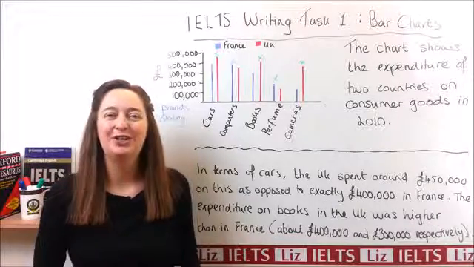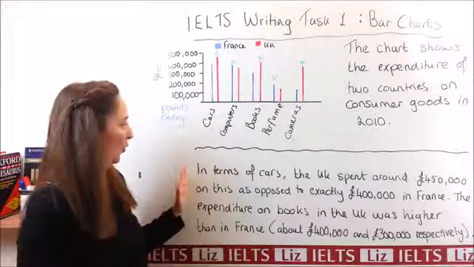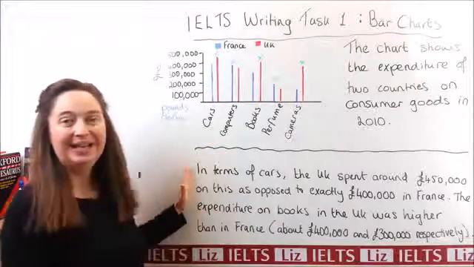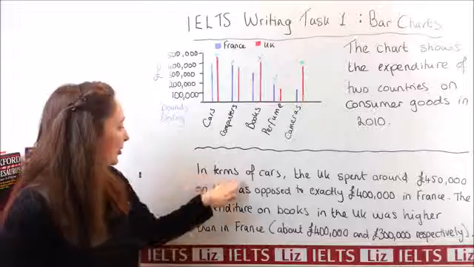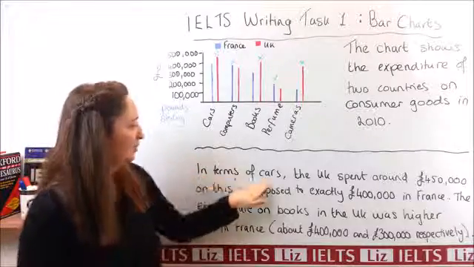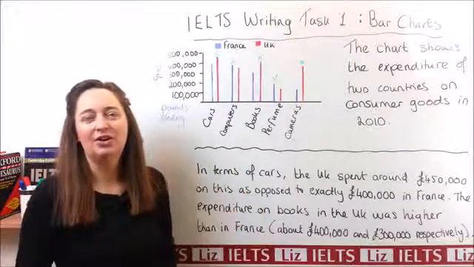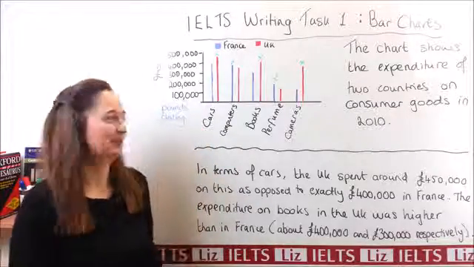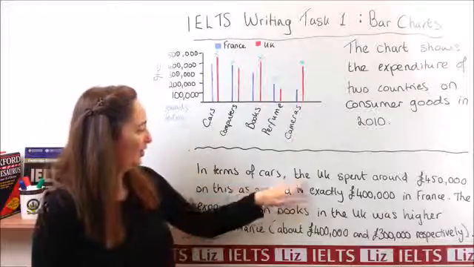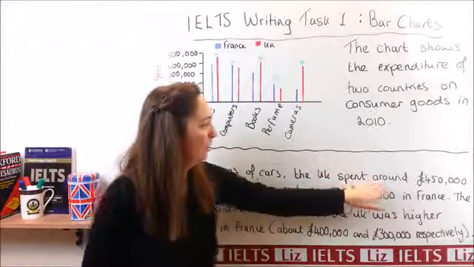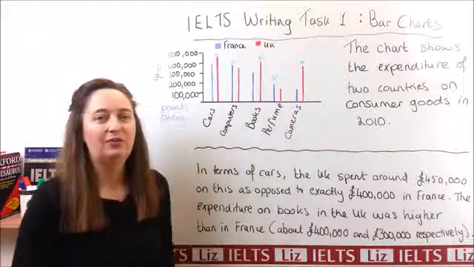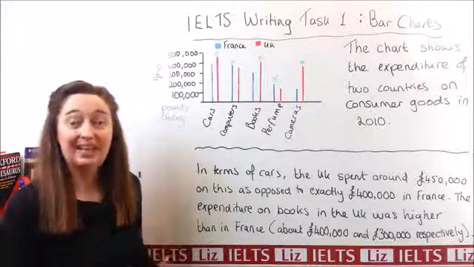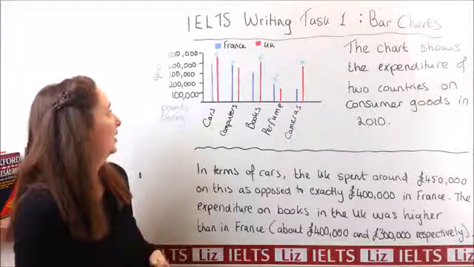Here we have 2 sample sentences for the category of cars and books. So let's have a look. You can see that we start off with a linker. In terms of cars, this is very nice because the reader immediately knows which category we're talking about. In terms of cars, the UK spent around £450,000. So when you're writing your body paragraphs, you need to take a look at the graph, at the chart,